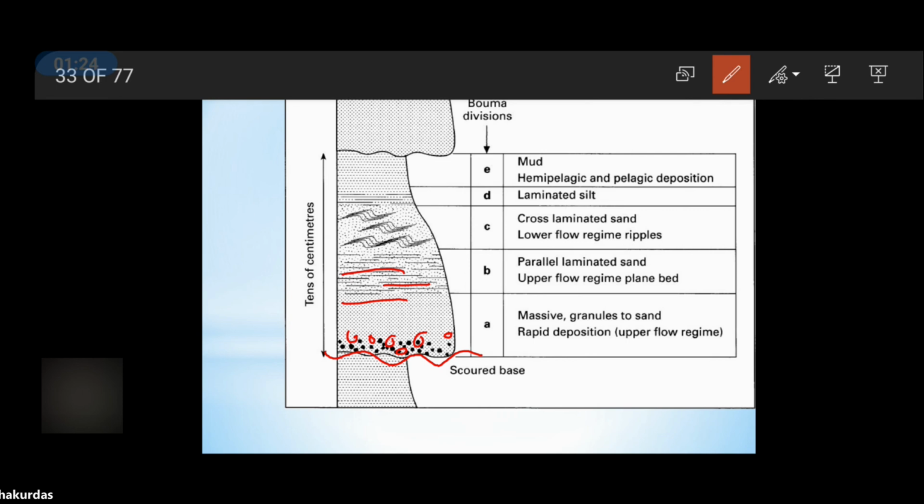Then you get to see sand with cross bedding here, then with further decreasing velocity and waning of energy, laminations are formed and mud on the top. And you can observe this grain size variation here in this scale. On the x-axis, the grain size is decreasing in upward direction with depth. So this is how the grain size variation can be utilized in identification of any environment.